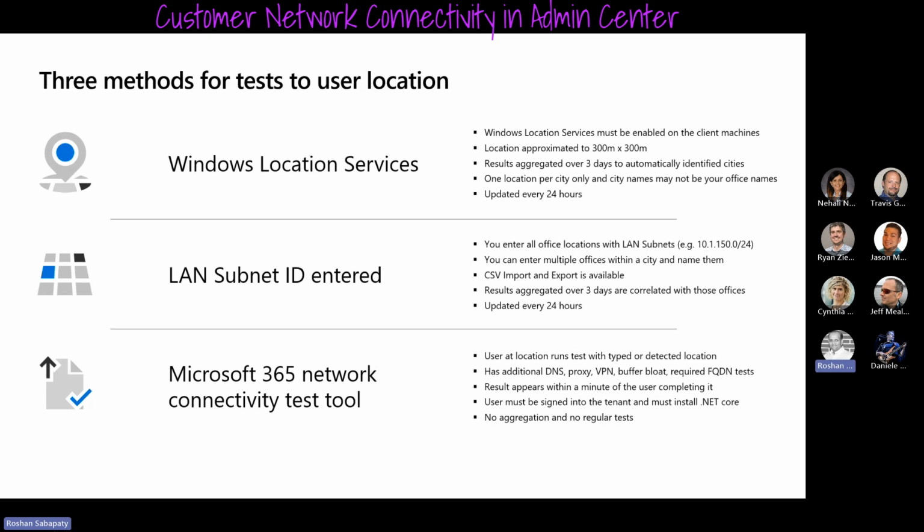Like I said, some customers use Windows location services. If you enable location services on the devices, we are able to get location information along with the network telemetry. The location information is approximated to 300 meters. We can detect it this way, but some customers may not enable this by policy, which is totally fine. And also, if you've got, let's say, multiple offices within the same city, this may not be a good method,